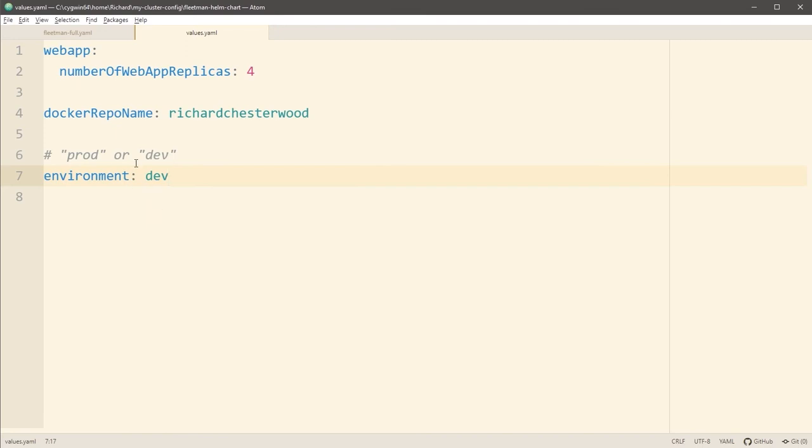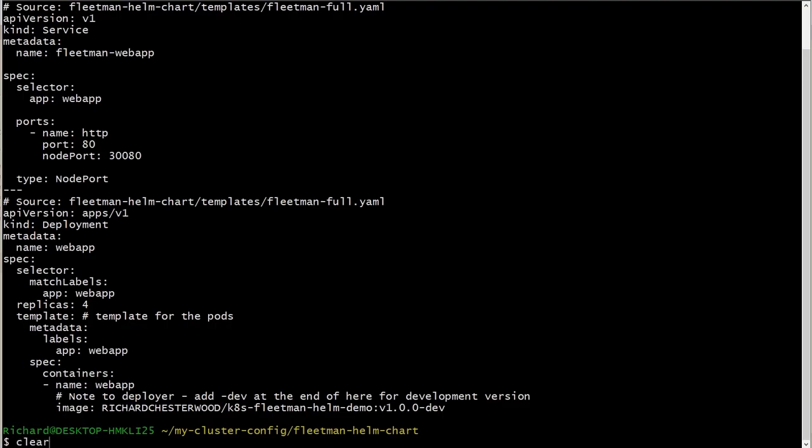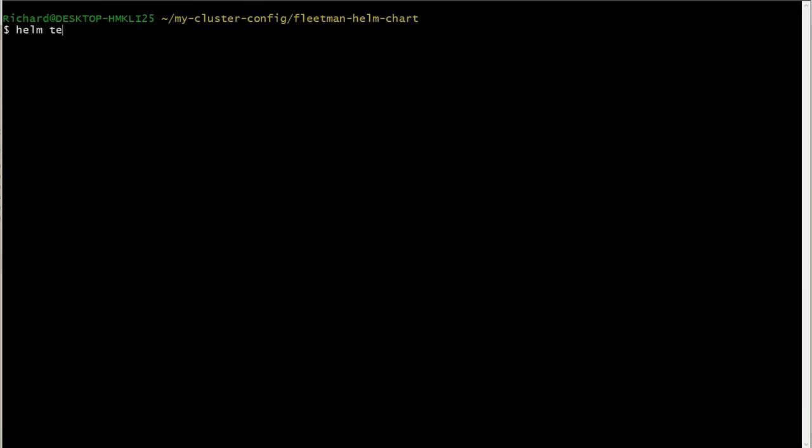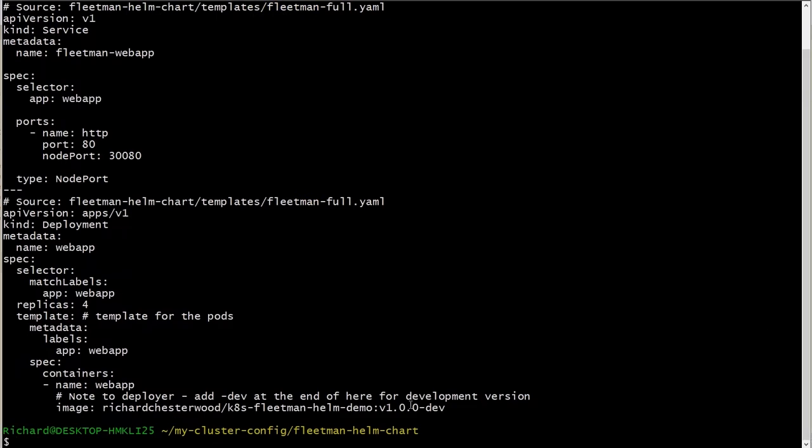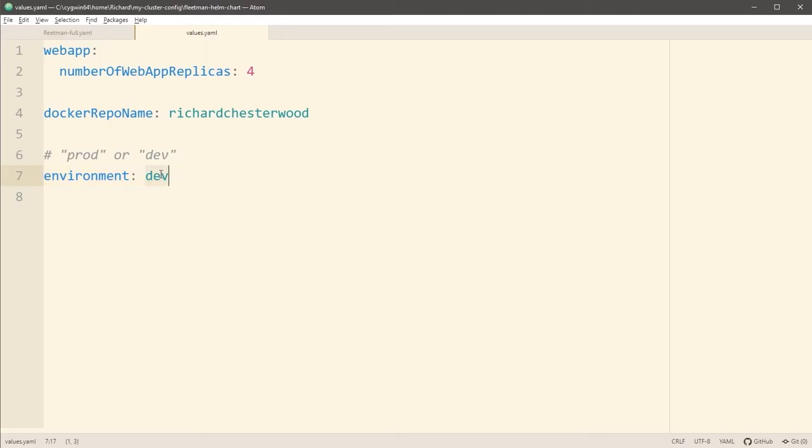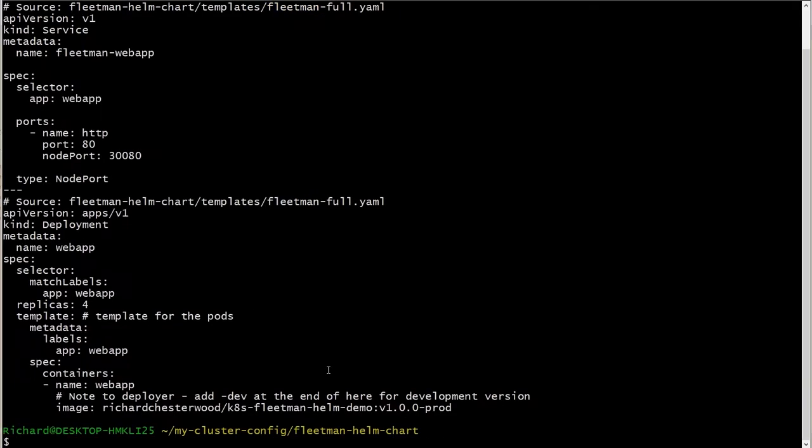Why only sometimes? Well, if we're in dev, then let's try the Helm template. And yeah, that's doing exactly what we need. But the thinking was, if we set the value to prod, then we're running in production. Well, unfortunately, running the template, just to confirm, that is picking up the value, but that's not actually the requirement. The requirement is that the tag just is v1.0.0 if it's production, without the -prod.